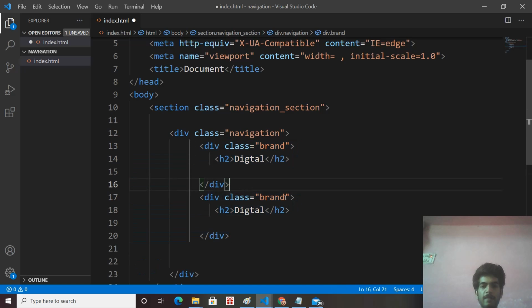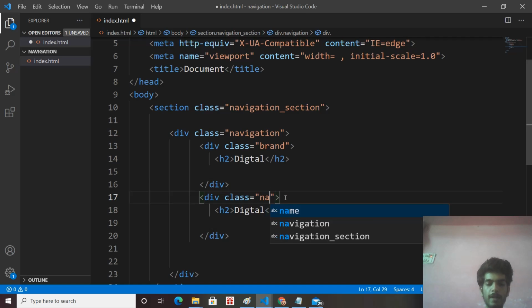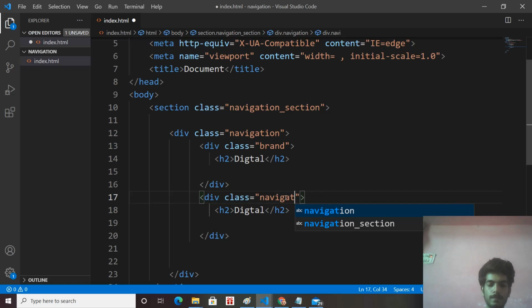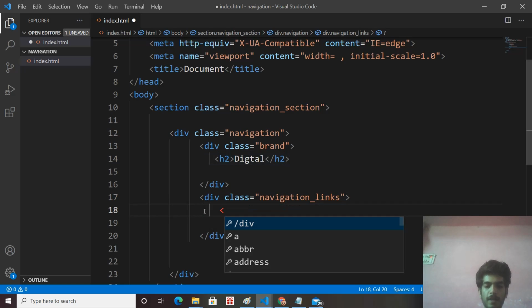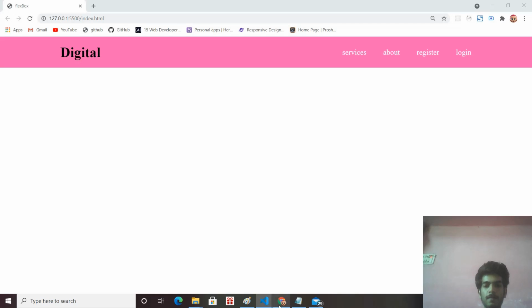In the second div tag, that is the second section of our navigation, give the class name navigation links, and in this we have four links, right? In the final version we have four links: services, about, register, and login.